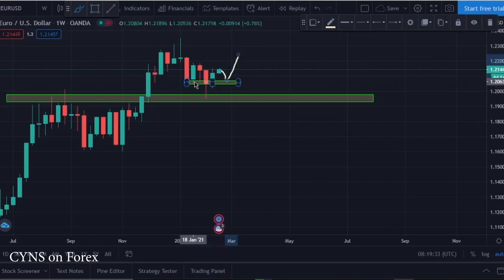Now this weekly candle here has just closed back above the previous support, which means this area is again support. Why do I say that? This area, after the market broke and closed below it with this red candle here, turned into resistance. We know in the market that previous support broken to the downside should act as resistance, but the market did not react on this area. We can say that is a fake breakout. After a fake breakout, we can expect the market to retest this area before moving to the upside.